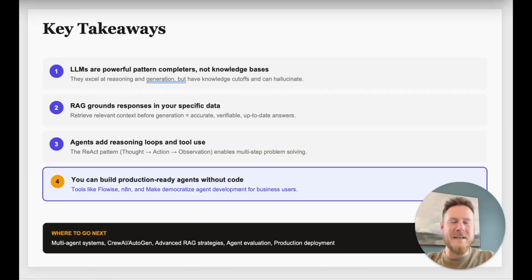Okay, so we're now back to our slides, and in just about 8 minutes or so, we built a customer support agent that is able to ingest a PDF knowledge base. It embeds and stores it for semantic search. It retrieves the relevant context for each question that the customer asks, and it generates an accurate and grounded response. And it even cites its sources so answers can be verified and maintained.